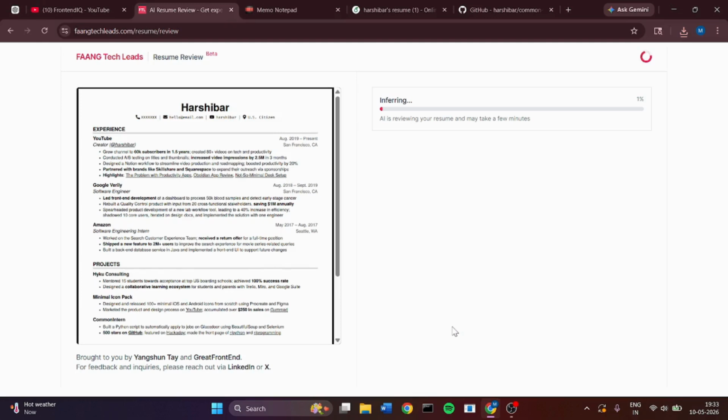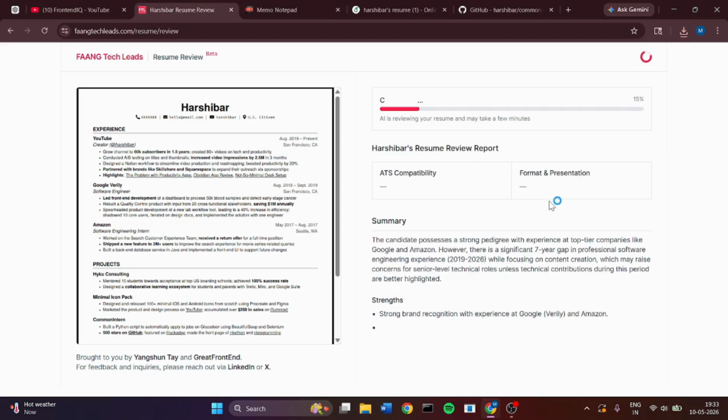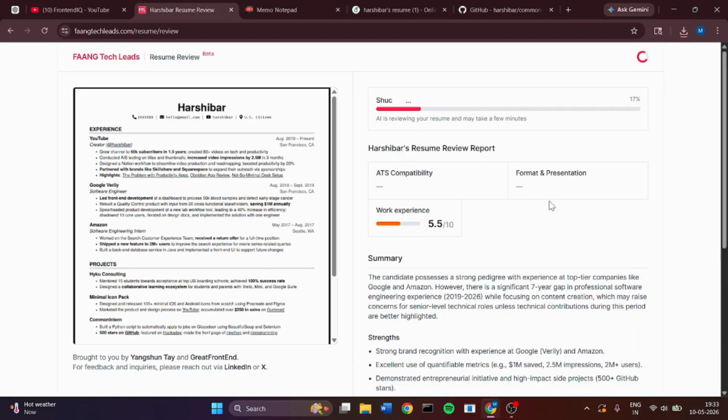So just upload the PDF. After uploading the PDF, it will review this resume. After reviewing, it will mention all the things which you need to improve in this resume. So let's wait. It will analyze your resume.